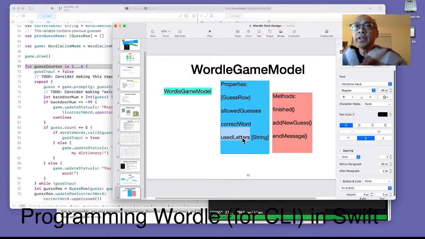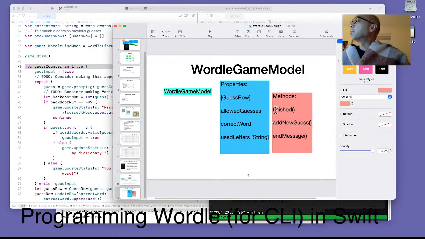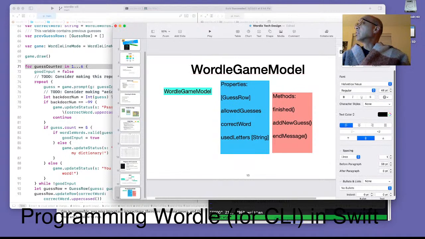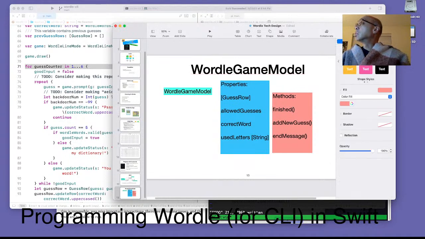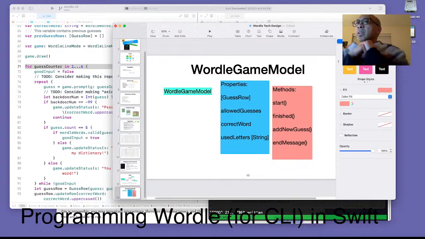One is called finished. It's a game model. Oh, there should be one for start. So we're going to start the game, and then we're going to ask is finished. So I'm going to work on this start game. Not sure what start will do necessarily, but it is something we can add to make it symmetric, I guess, with finished. But finished is going to be used in a loop,